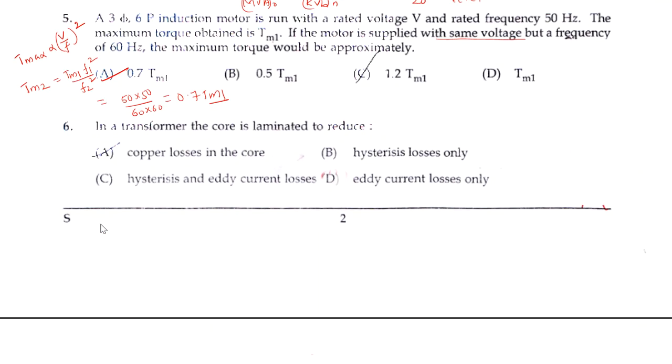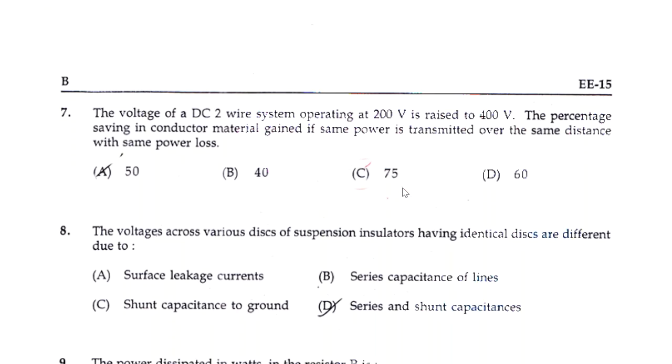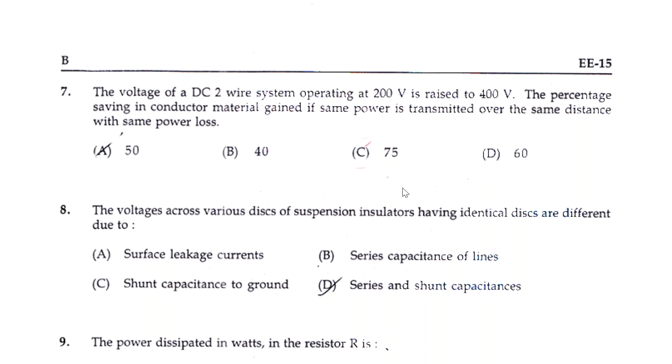And a simple question asked from transformers. In a transformer the core is laminated to reduce what? It is to reduce eddy current losses only. Very standard and basic question. If the examiner wants to ask some theory question, he will have a choice of this question. Laminations are done due to eddy current losses, a standard question in any machine. If the core is laminated, irrespective of the machine, it is only for reducing the eddy current losses. Next one,